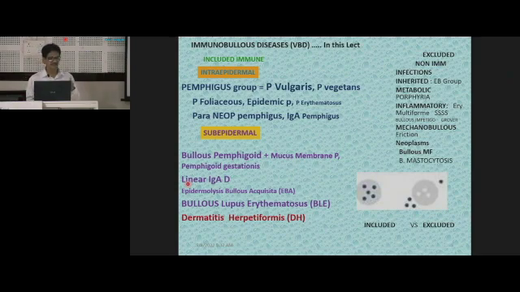subepidermal. In subepidermal also there is a group of disorders, that is bullous pemphigoid, in which the hemidesmosome is the target structure to which the autoantibodies are produced, and hence that can be categorized differently. And then the deeper part, the deep dermis or the basement membrane zone, becomes another point of attack by the